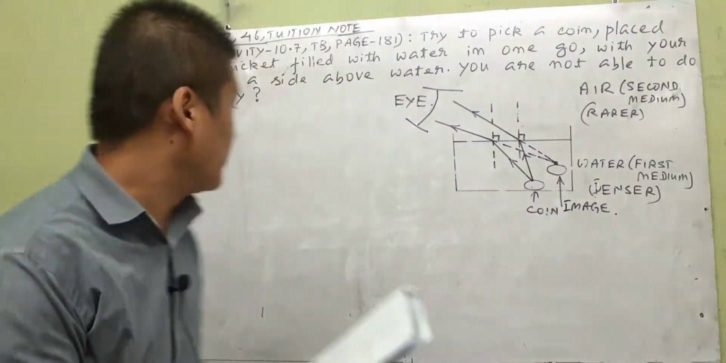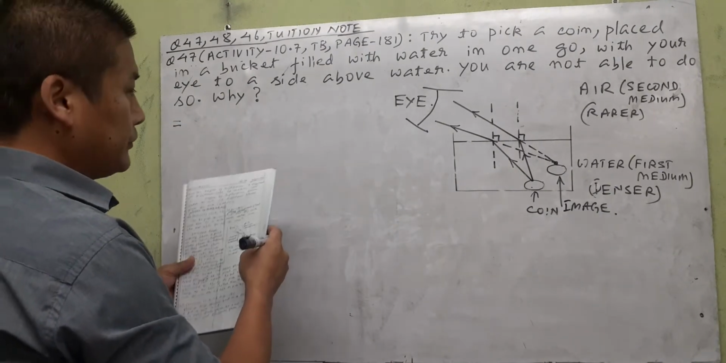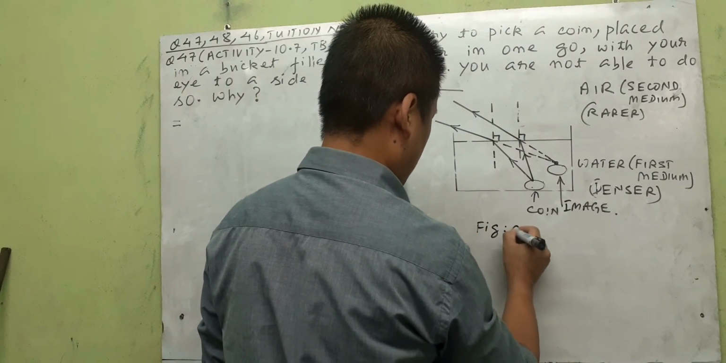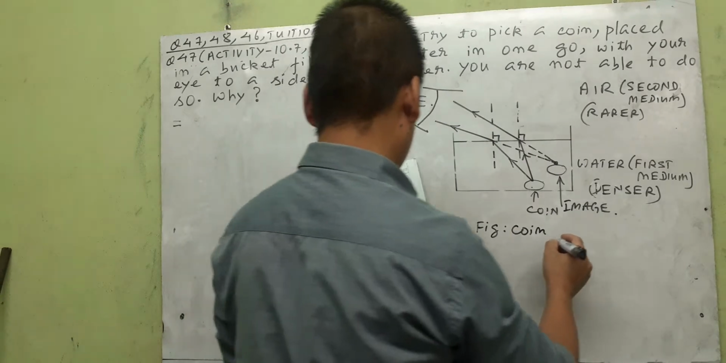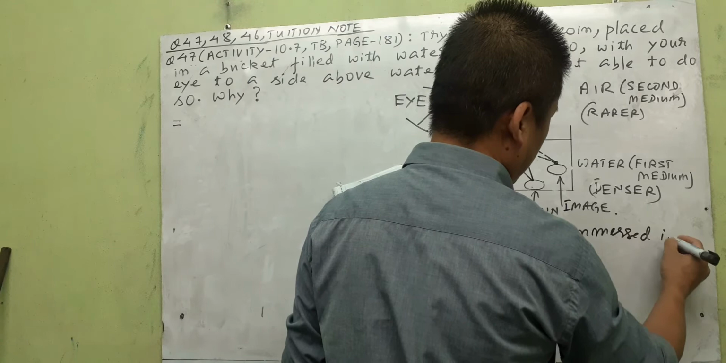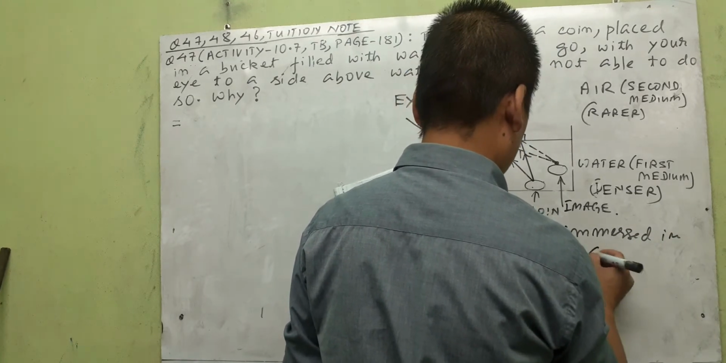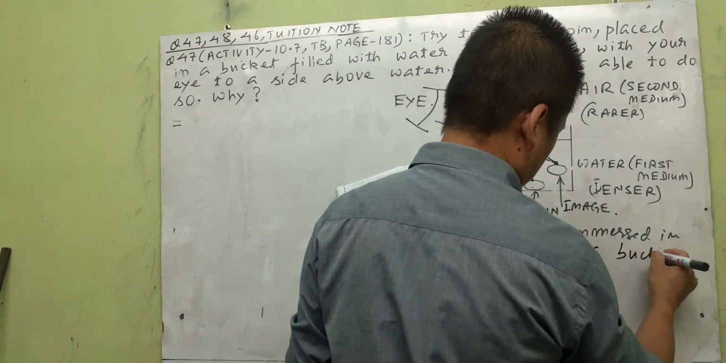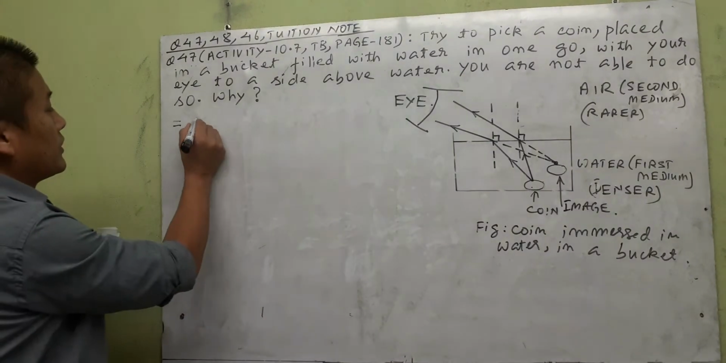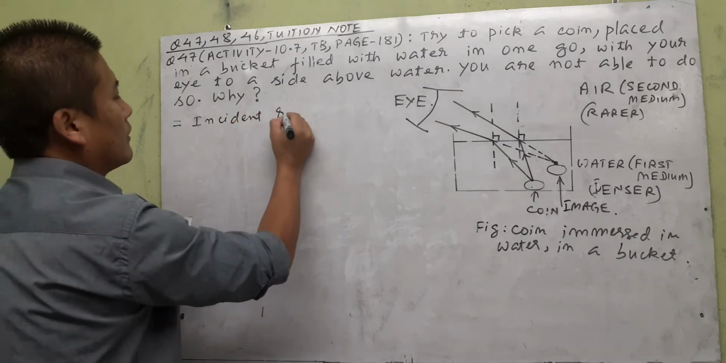You've understood, so you can just follow and write the answer with me. We'll give this diagram and then here you can write, the figure is that of a coin immersed in water. Immersed means inside, immersed in water in a bucket. Okay, so the answer for this one will be: write along with me, incident rays